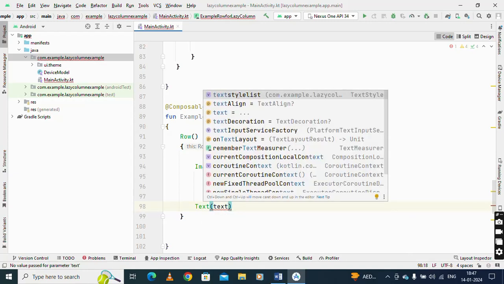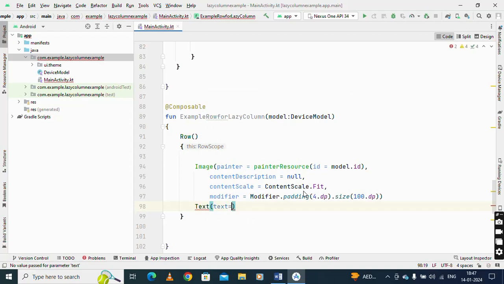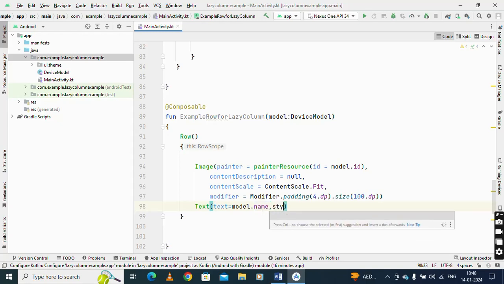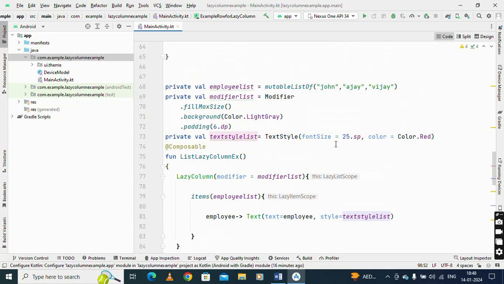So here what we do, I'm just using the text, and for the text here I'm using the model dot, whatever the name of our model is. So here I'm using the device model, that is the model dot name. And also if you want to go for your style, you can go for the styles also. So for style I'm using that text style. The same I'm using. If you go for the modifiers, you can use that also. And if you go with your font,